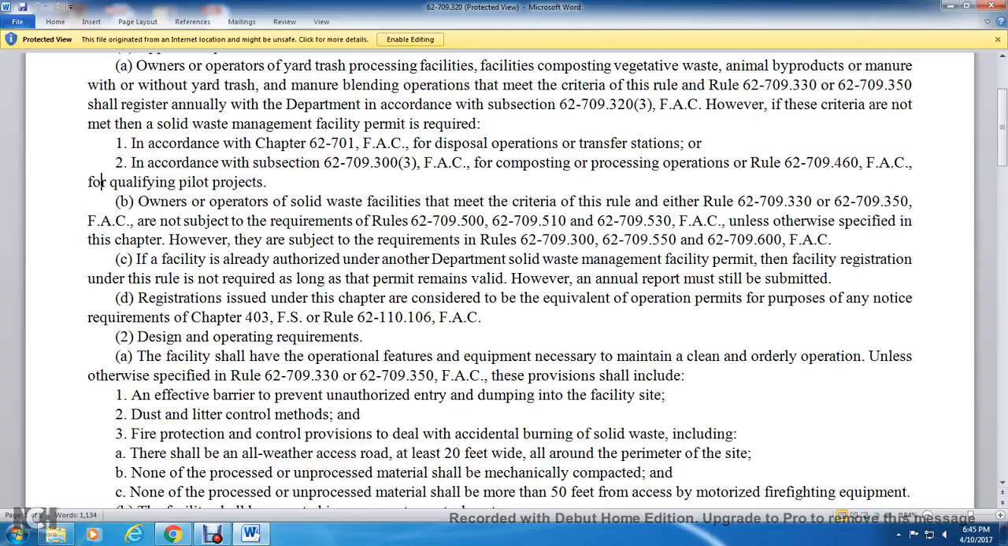Owners and operators of solid waste processing facilities that meet the criteria of either rule 62-709-330 or 62-709-350 are not subject to the requirements of rules 62-709-500, 62-709-510, and 62-709-530 unless otherwise specified in this chapter. However, they are subject to the requirements of rules 62-709-300, 62-709-550,